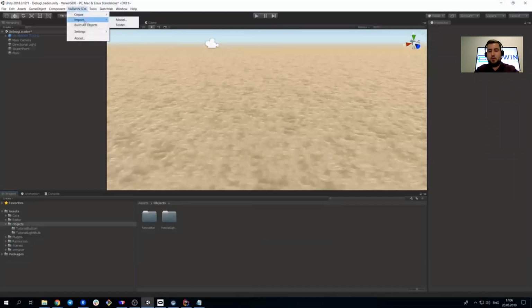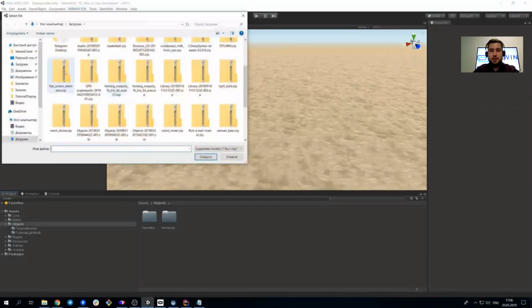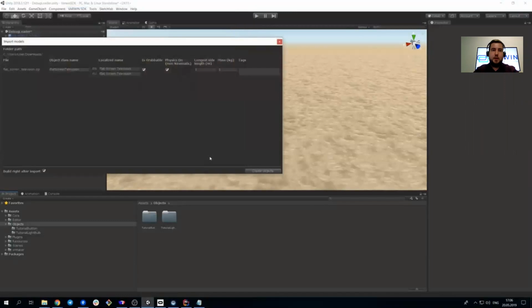Here's the third part of our platform. This is the Varwin SDK. Basically, this is a plugin for Unity that we use to create Varwin objects. We decided to use Unity due to some factors I'm going to tell you about a little bit later. So what you see here is a simple kind of work with a project when we set its longest side length, mass, and so on. I decided to show you a TV set because